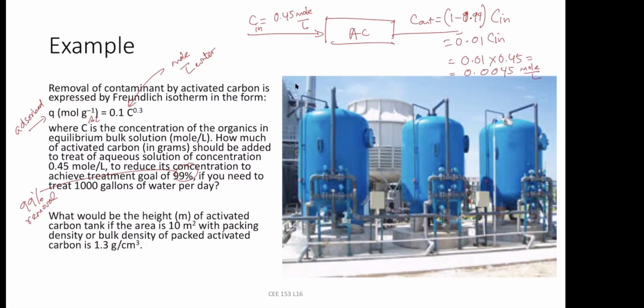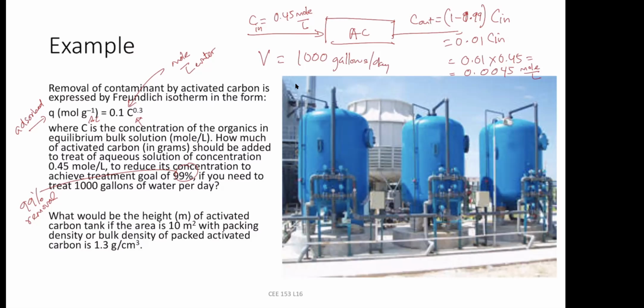And the volume of water that you have to treat is 1000 gallons per day. So that's the first thing, how much activated carbon you need to treat. First of all, let's think of what that means. You have something coming in, something leaving, that means you know the amount of activated carbon and the amount of pollutants removed per liter of treatment, because you know C in, C out, and the volume. Now you know the capacity of activated carbon